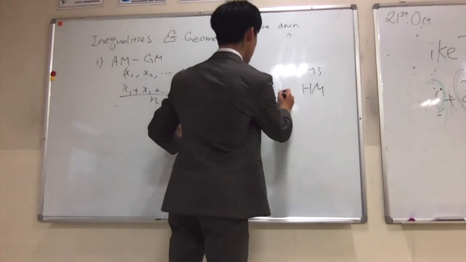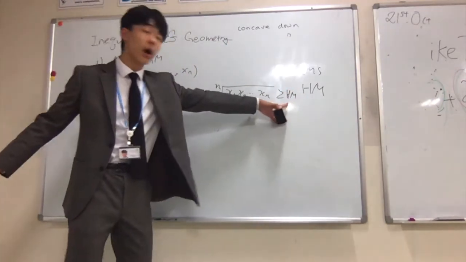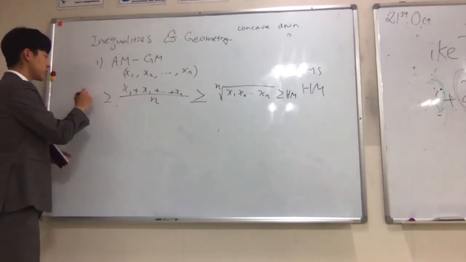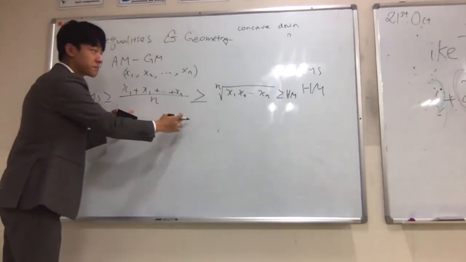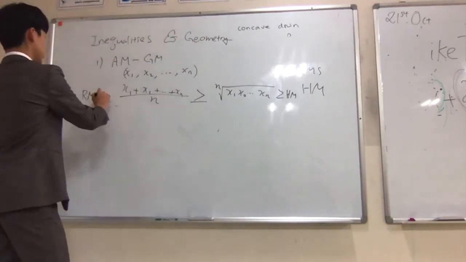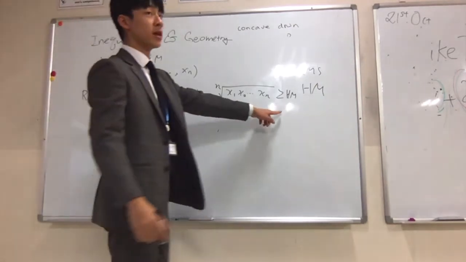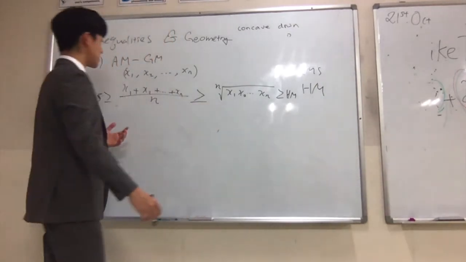For those who are familiar, the geometric mean is always greater than the harmonic mean, and the root mean squared is always greater than the arithmetic mean. Since we're running out of time, you can research this at home in your free time, and these will also have really interesting properties. But besides that,